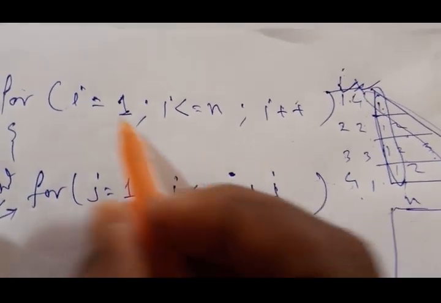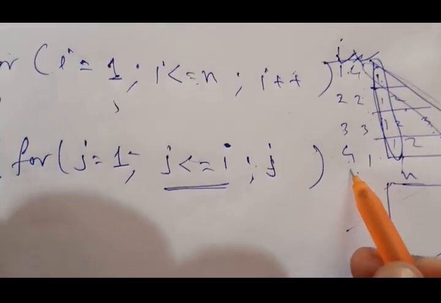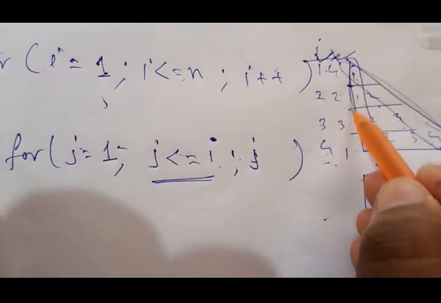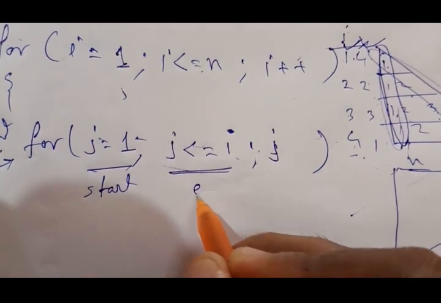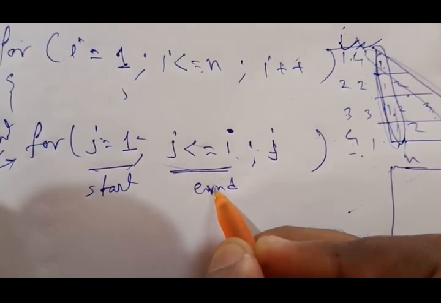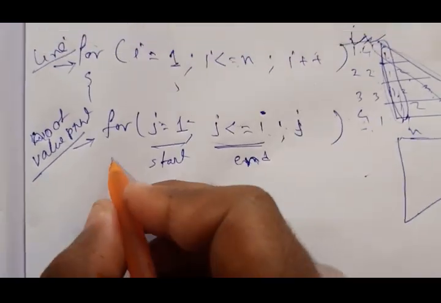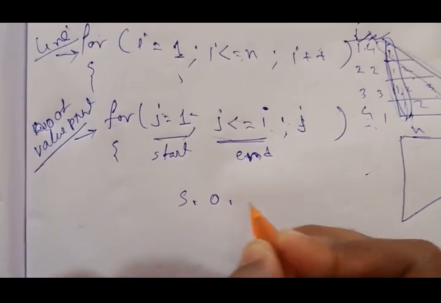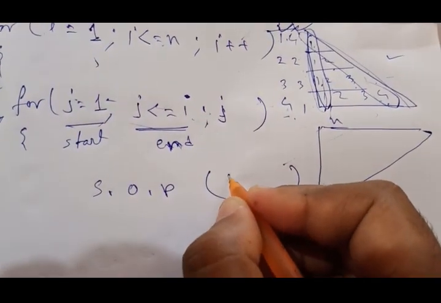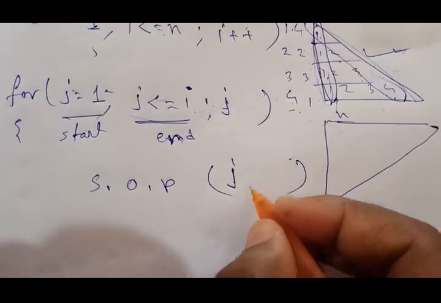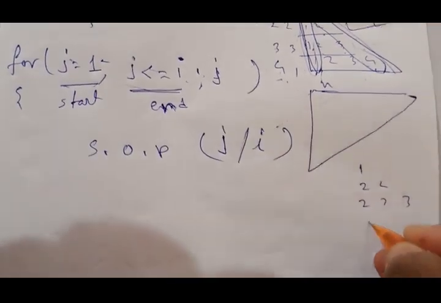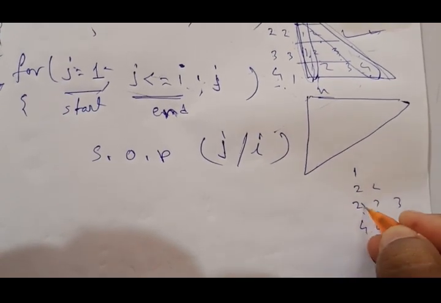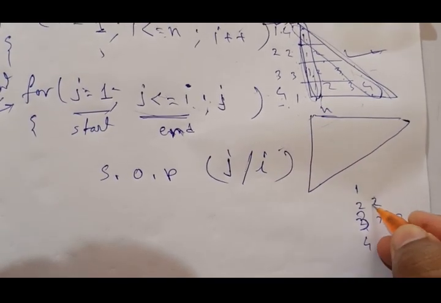So I can write i over here. So i from 1 to n, and j from 1 to i. Always the starting point is 1. Clear? And now in this for loop, System.out.print what you want to print. If you print i and j, then you get this print. If you use i, then you get 1 2 2 3 3 3 4 4 4 4, like that. Clear?